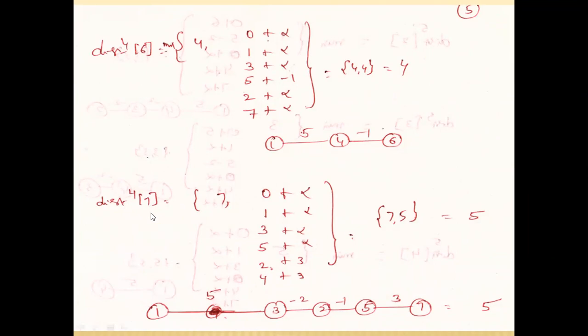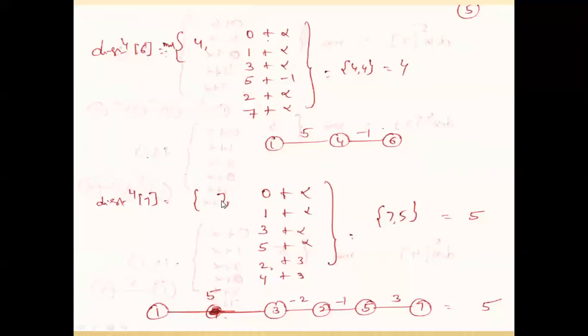Next, same. Next, you are finding the shortest path, distance power 4, 7. That is distance power 4, 7 means there is a shortest path existing by using 4 edges. There is another path, actually by using 3 edges. That is, by using 3 edges, the shortest path is 7.